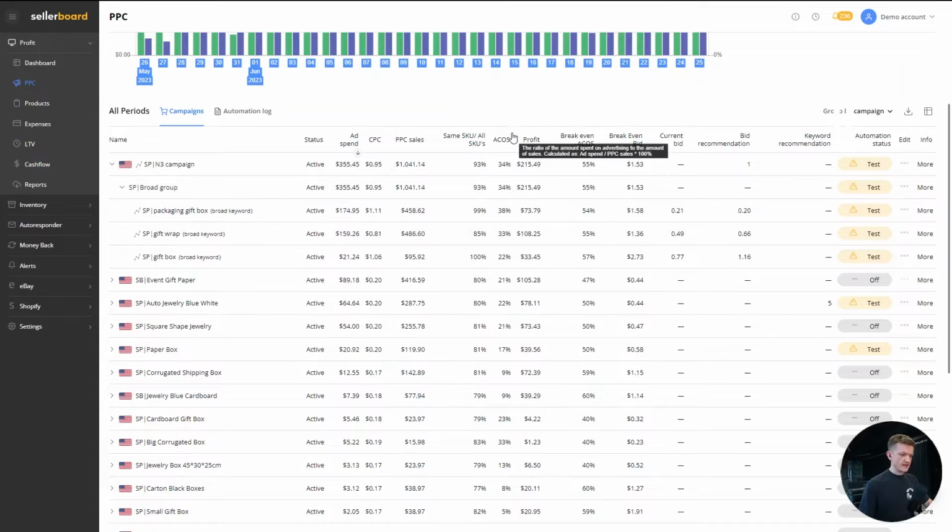Moving on, we have the ACoS, the profit generated by each keyword. So as we can see that even after all of the fees and costs were subtracted from the calculation, these keywords are actually profitable. So they are good keywords. Then you have the break-even ACoS and the break-even bid calculated by Sellerboard. You can use these two metrics for optimizing your bids. We are going to get to that in a minute. And you have your current bid and the bid recommendation by Sellerboard.